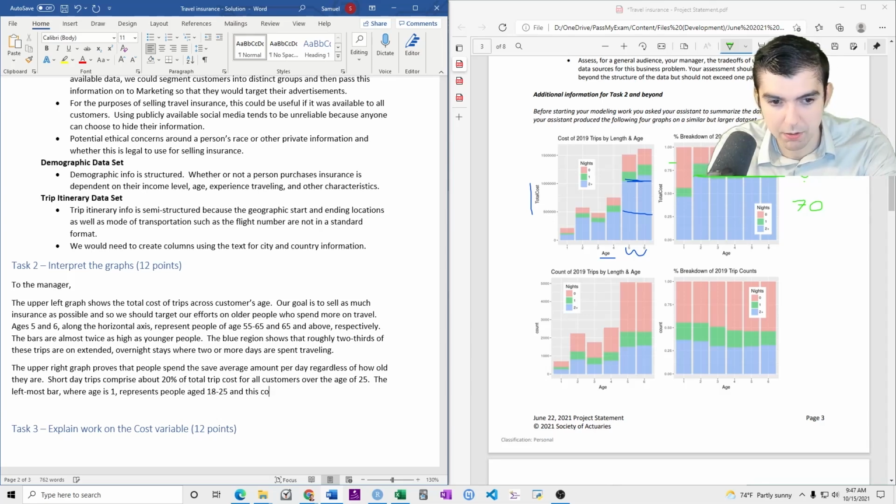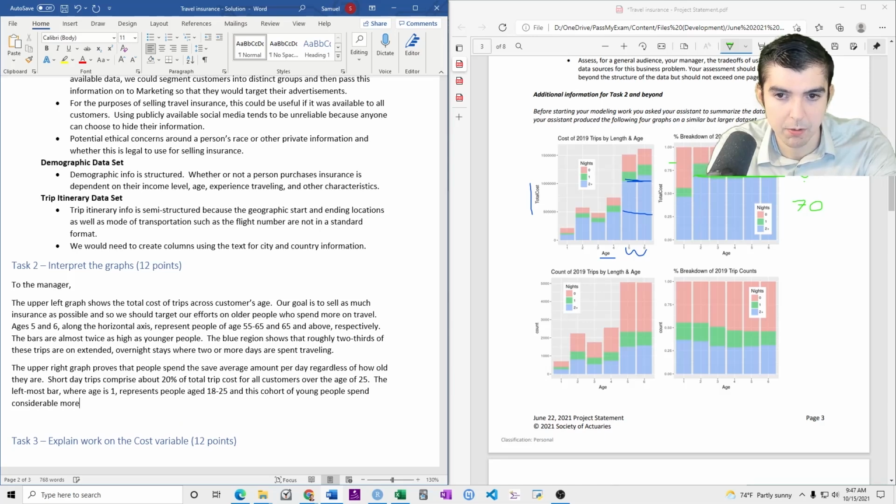This cohort of young people spend considerably more. They spend about 60, because this is 50, so this is halfway between 55 to 67, about 60%.